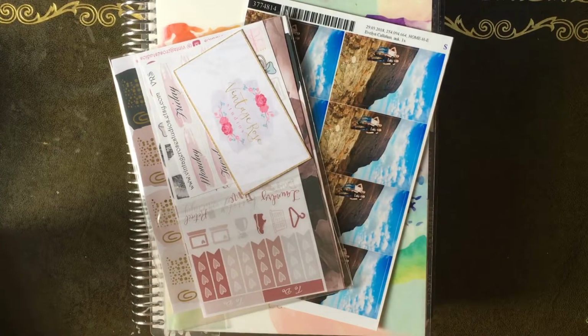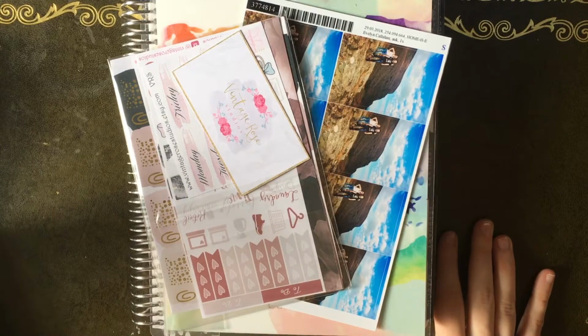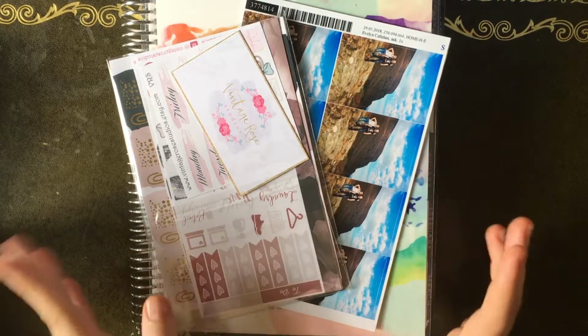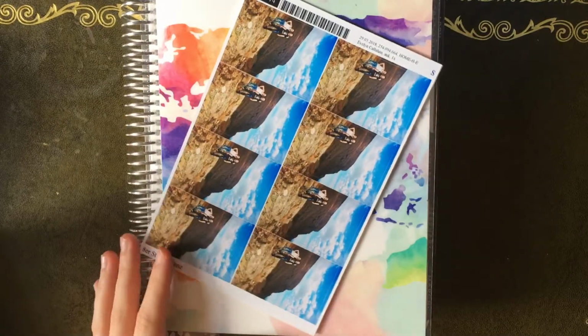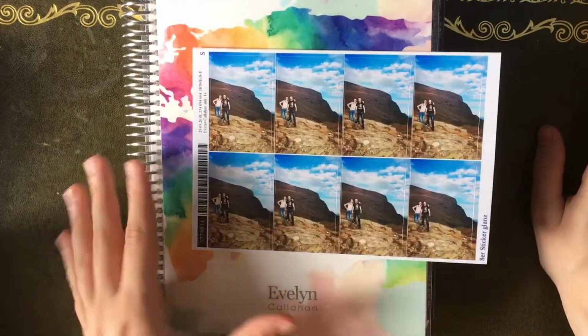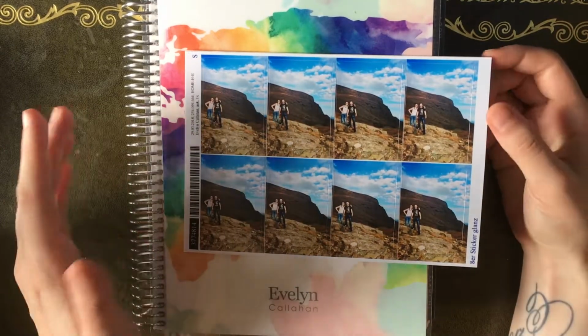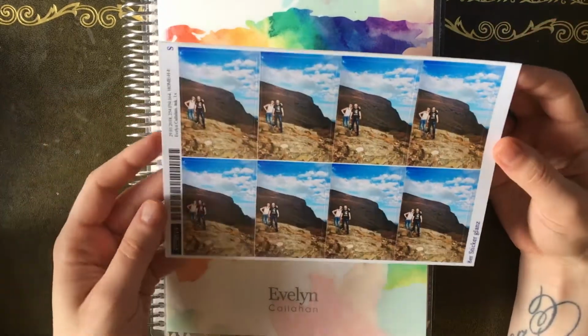Hey everybody, as usual, totally lost track of what part of the haul we are on, but I've got two orders today for you, and let's do the more boring one first. This is just an order from Aldi because I was just looking for places that would print your photo